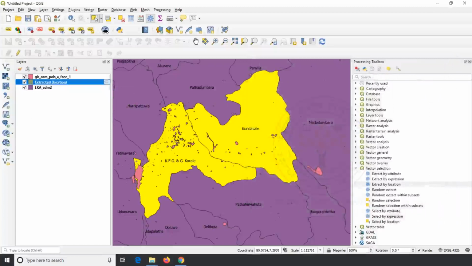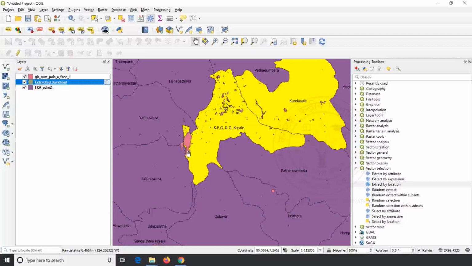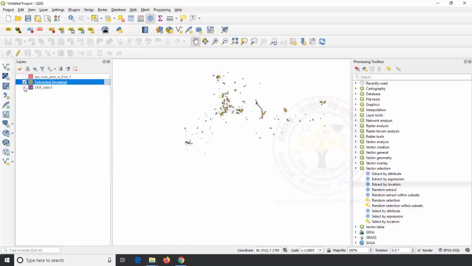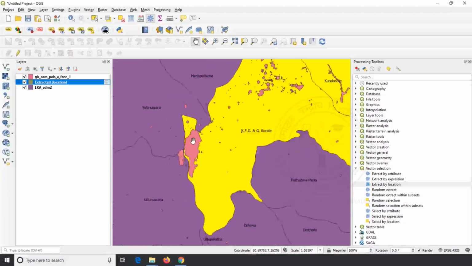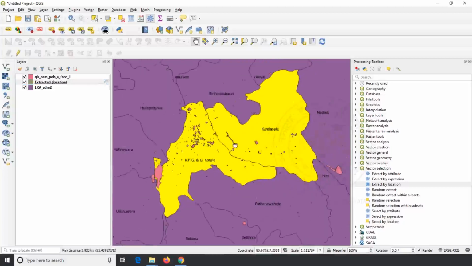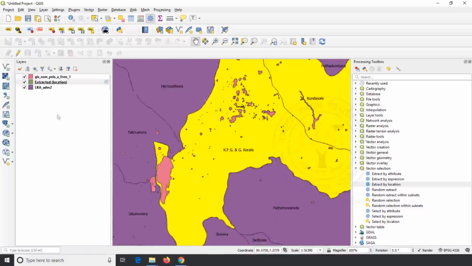Close the Extract by location window and look at the layer. Look at the larger POI on the left side of our selected boundary. It is not in our result because our question was to extract only POIs within the selected boundary. As this larger polygon is not located within the boundary, it is not extracted in our result.